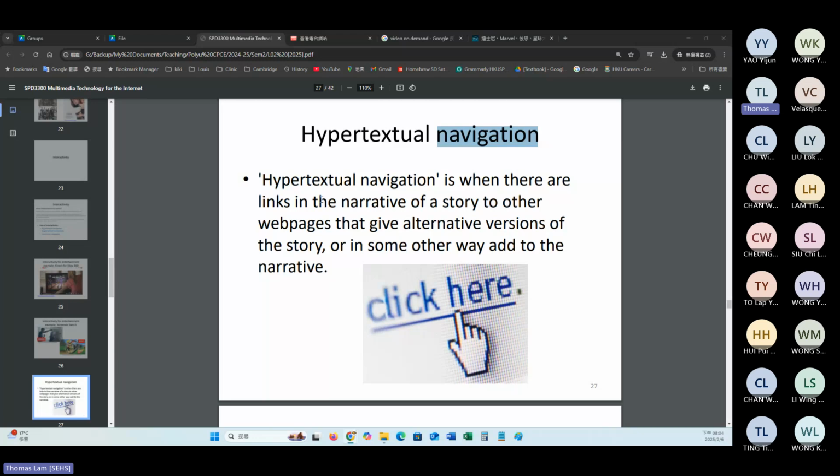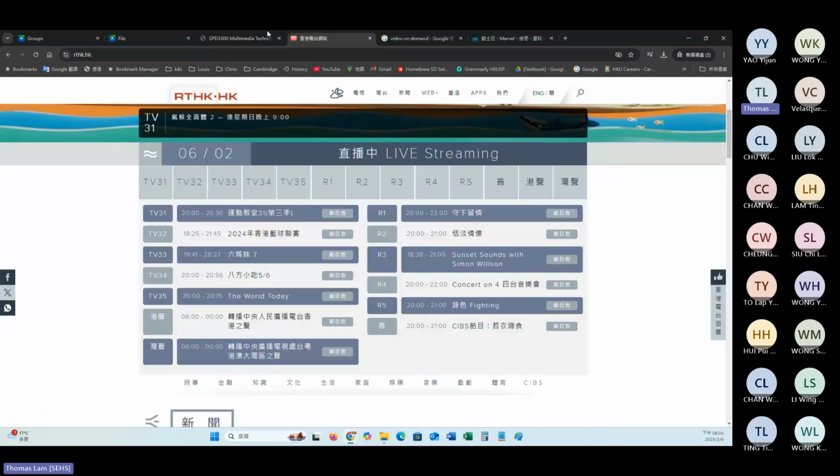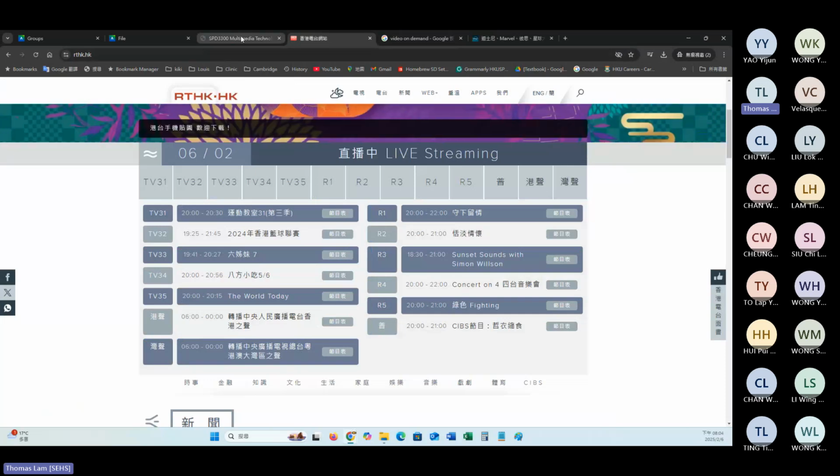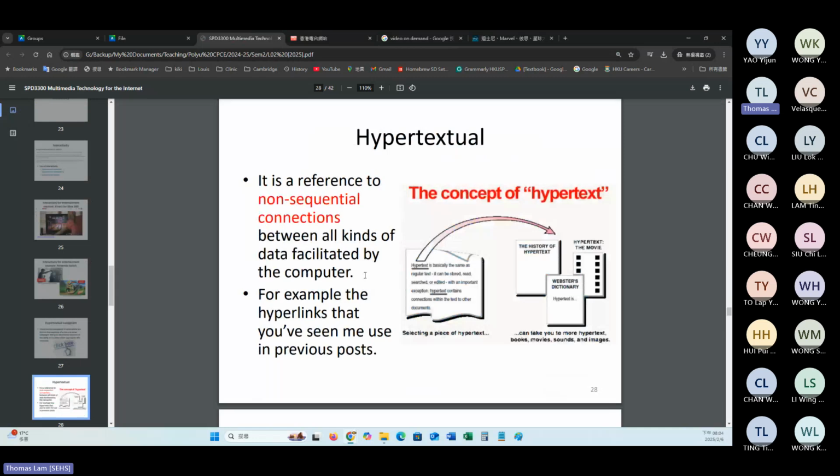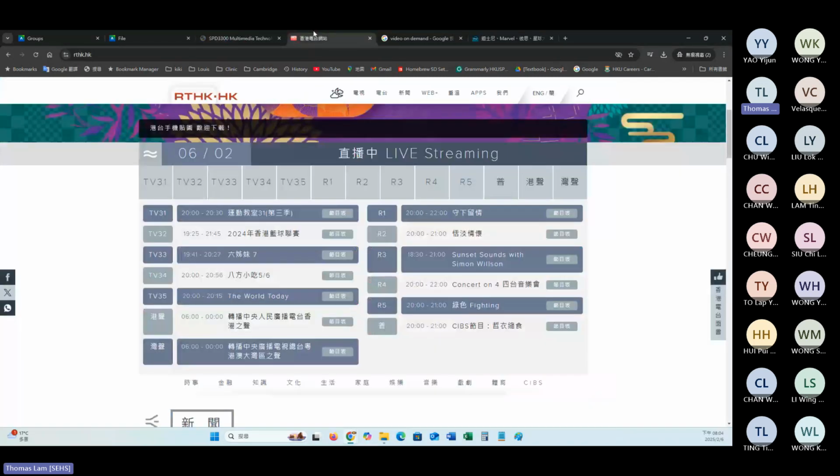We have to think about the user interface such that they can navigate successfully without any problem. So it's a matter of the settings related to hypertext. Again, nowadays it's not simply setting the hypertext like this.